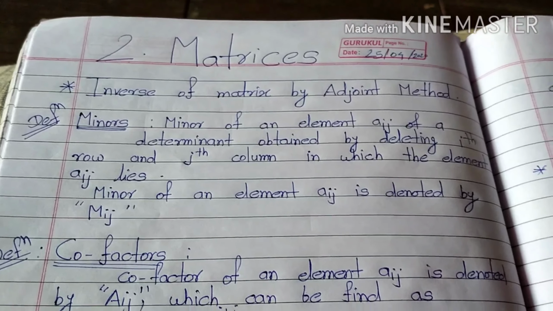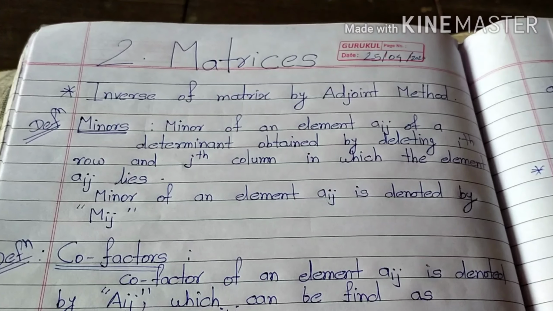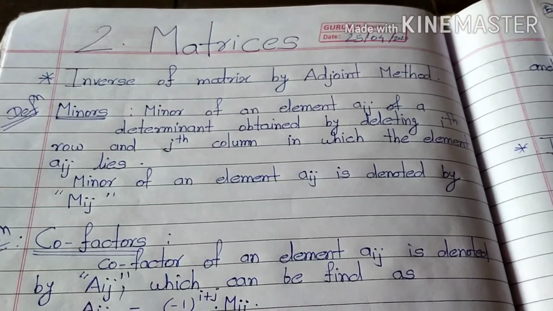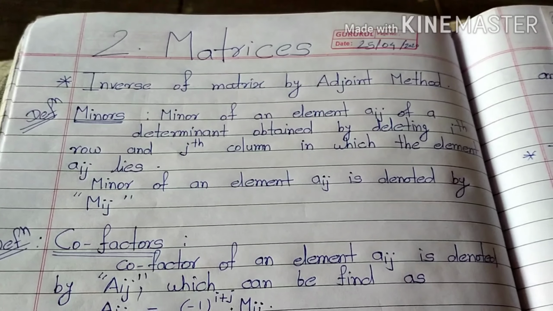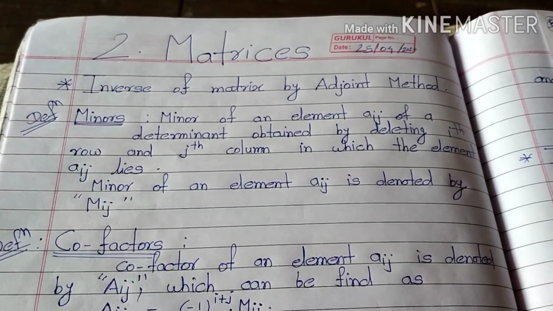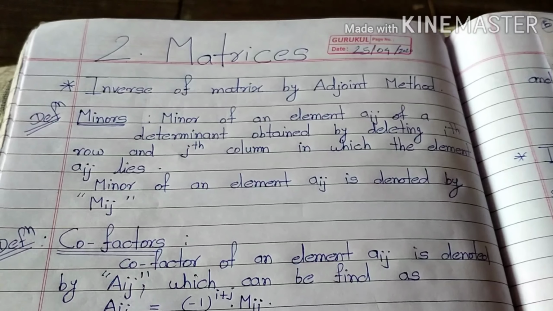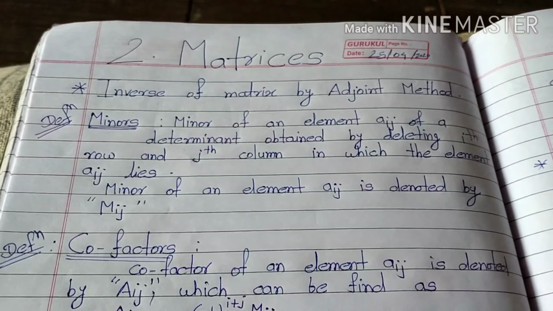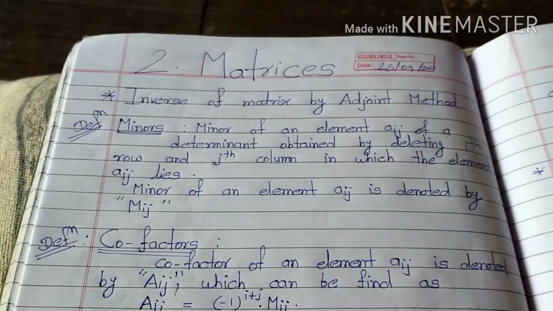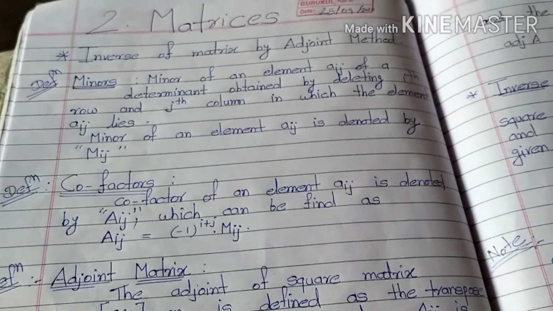In Standard 11th, we have studied the types of matrices and algebra of matrices, namely addition, subtraction, and multiplication of two matrices. Today, I have to explain how to find the inverse of a matrix by the adjoint method. The adjoint method can be directly used for finding the inverse. However, for understanding this method, you should know the definition of minor, cofactor and adjoint of a matrix. So here are some definitions: minors, cofactor and adjoint matrix.